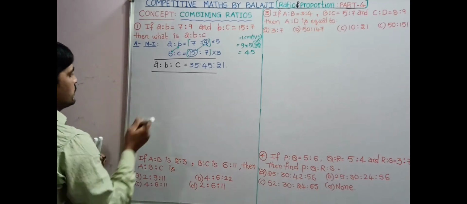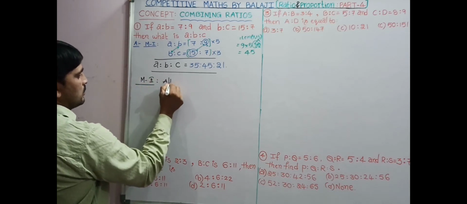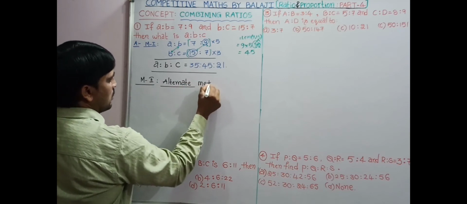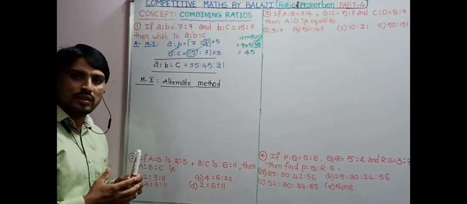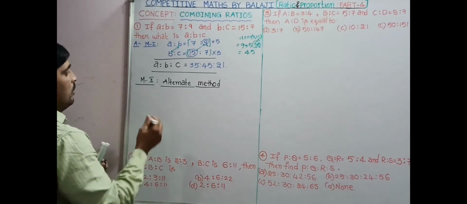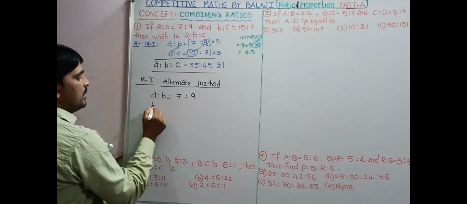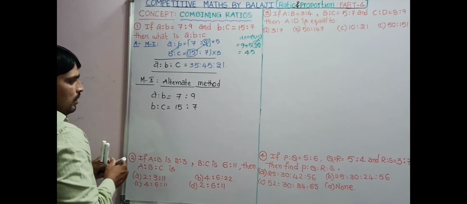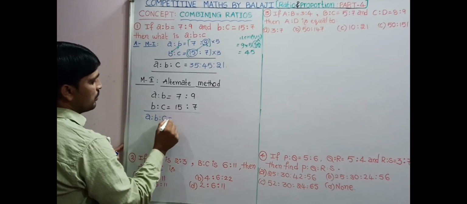Another alternate method is method 2. This is the alternate method that we used in our school mathematics. A is to B is given by 7:9 and B is to C is given by 15:7. That is, A is to B is to C equals